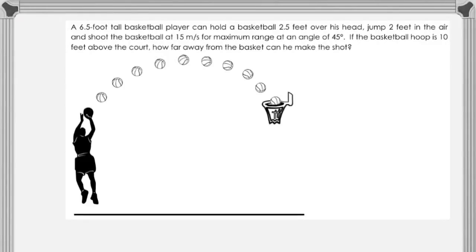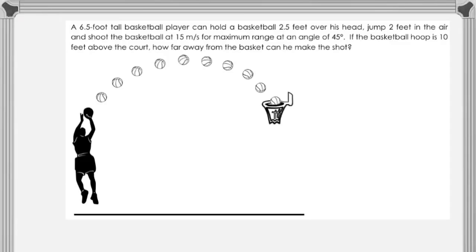All right, let's do a real quick projectile motion problem here. It's got a basketball player doing a jump shot from somewhere on the court. It says a 6.5-foot tall basketball player can hold a basketball 2.5 feet over his head, jump 2 feet in the air, and shoot the basketball at 15 meters per second for a maximum range at an angle of 45 degrees. If the basketball hoop is 10 feet above the court, how far away from the basket can he make